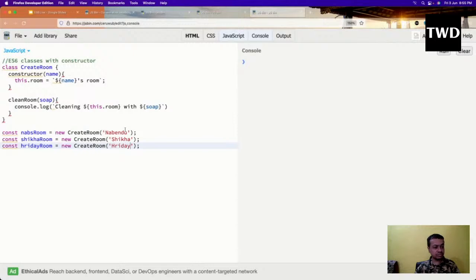And now this is how we create some objects of these classes. We create objects with the new keyword, and this is different from a JavaScript object. These are also known as objects, but this is different from the JavaScript object. Let me write the complete code, then we'll explain in detail. To call this function, I have to do it through the object, so the clean room function, and I have to pass something like